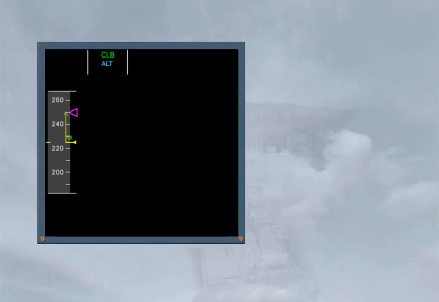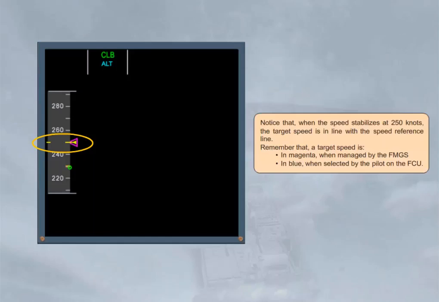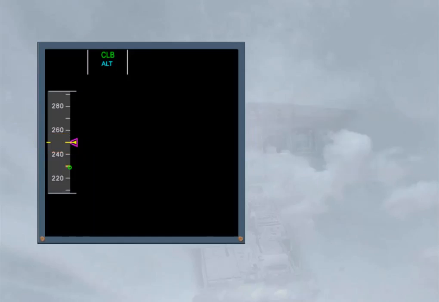Notice that, when the speed stabilizes at 250 knots, the target speed is in line with the speed reference line. Remember that a target speed is in magenta when managed by the FMGS, in blue when selected by the pilot on the FCU. Then, when a new target speed is managed by the FMGS, or selected on the FCU, the aircraft accelerates again,